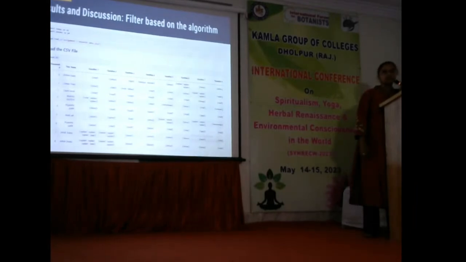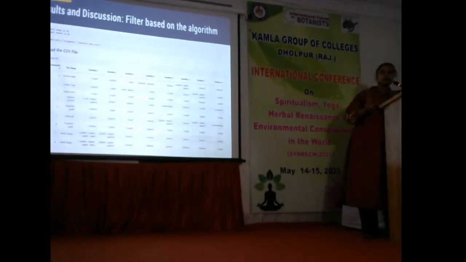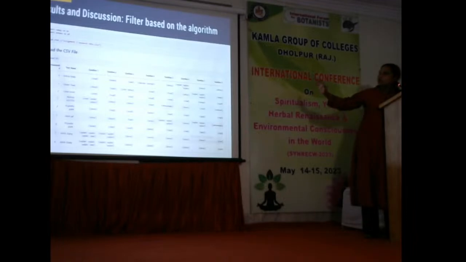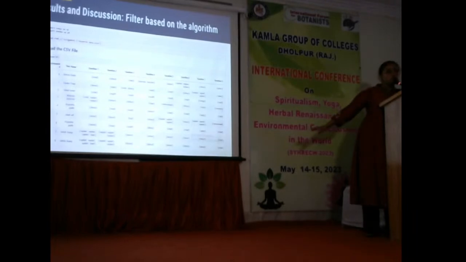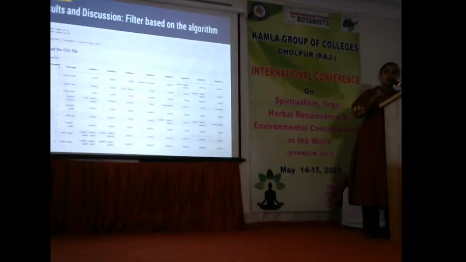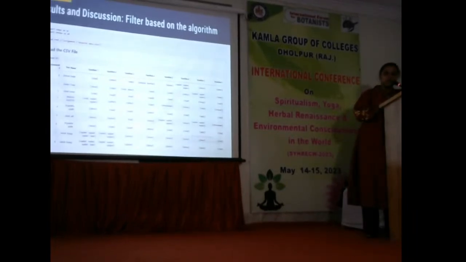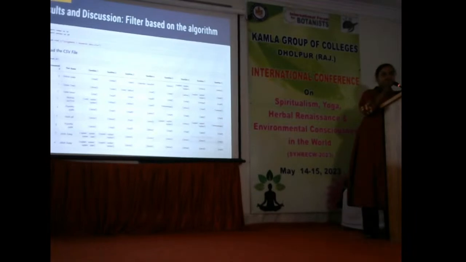Result and discussion. So a little bit of programming or technical part is here. What he has done is he has created an algorithm. So how will we decide which student is on the lower level and which student is on the higher level? So he has created an algorithm, and that algorithm actually finds out the keywords that I have given him. So every keyword he will select from each question, and each question has a different level.